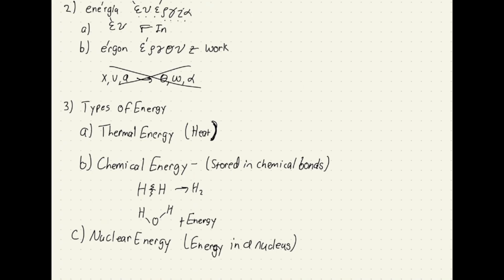So those are three types of energies. Let's keep going. There's some more. Energy type D, that's electrical energy. Electrical energy is the energy you think about when you think of energy from the wall socket, right? Power from the wall or electricity from the wall. This has to do with a charge separation.